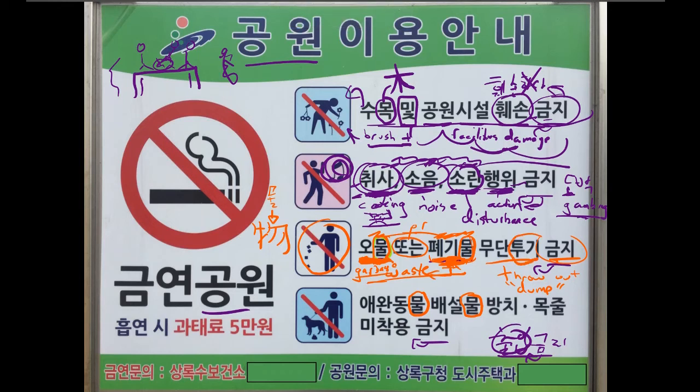Tugi, again, tugi hada is the verb that means to dump or to throw out. But we have the noun form, just like here we had the noun form of this. Here we have the noun form of this, and tugi means to dump. And of course, it's saying don't dump it. But what is this mudan? Well, mudan is doing something without permission.